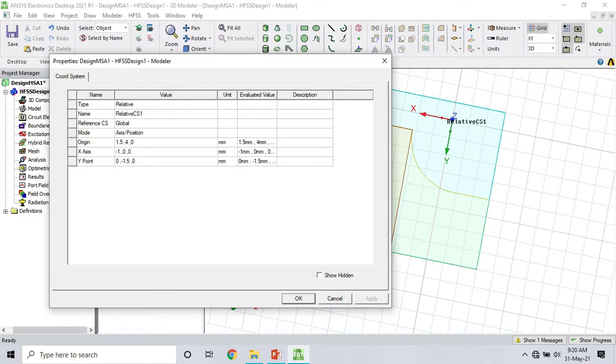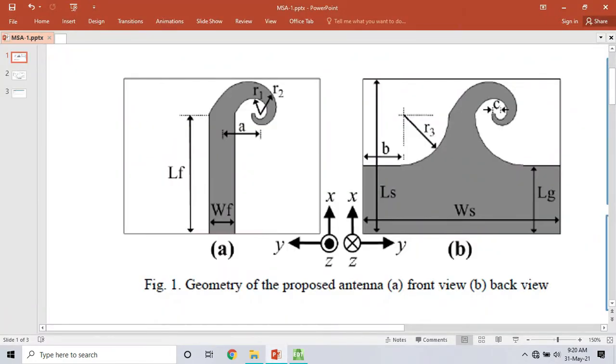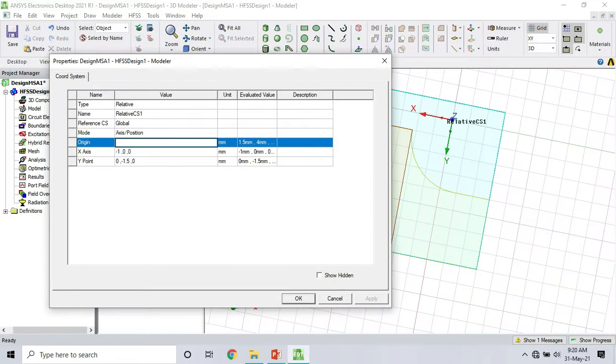Here we have relative, right? Name you can change, I just want to keep it like this. Reference is our global coordinate system. Origin, this origin is with respect to the global. So according to global, our origin is at distance a along x and at a distance lf on y. So we have a, lf, and we are adding the spiral on the top edge which is at height h according to global coordinate system.